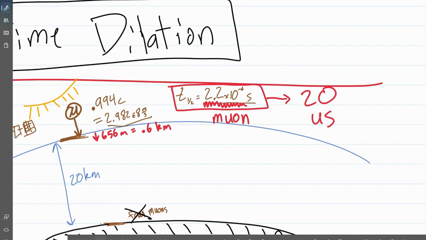Okay, so we experience about 20. Oh no, sorry, that's for us. For us, we experience about 20 times 10 to the minus 6 seconds. So that's different. This means the muon should actually make it around 10 times further than it actually was. So when we account for time dilation,